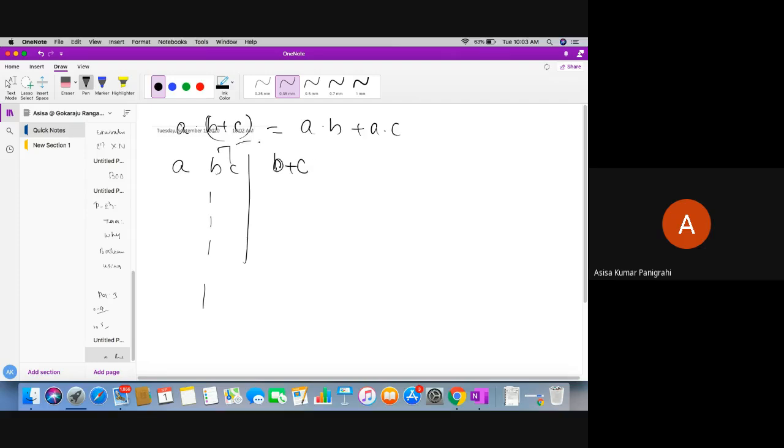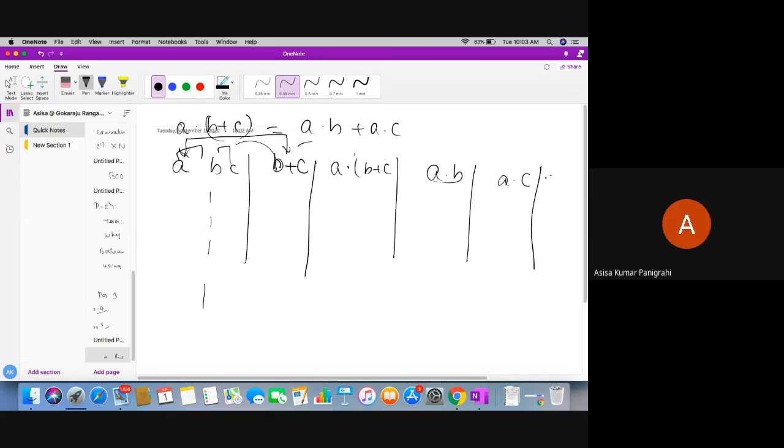Next, perform A and (B or C): take these 2 columns and perform the AND operator to get this result. Then perform A and B, and then A and C. And then (A and B) or (A and C). Then these 2 columns' results will be equal. Then you can say that distributivity of the AND gate over the OR gate is satisfied.